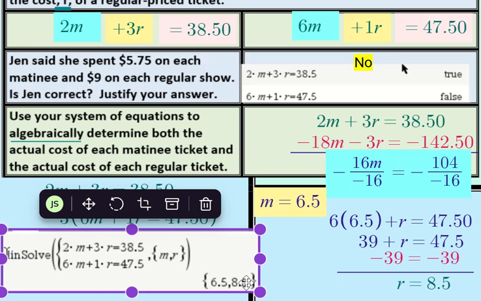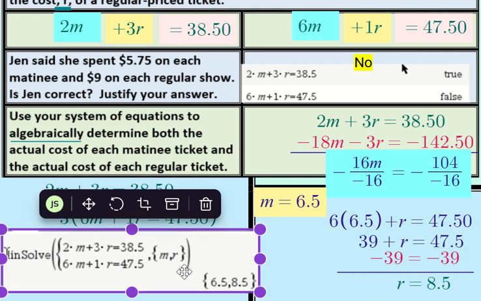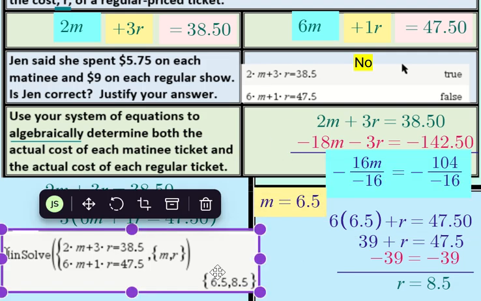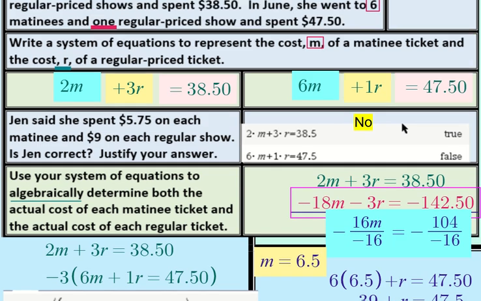This is not algebraic and not full credit. So my recommendation is very straightforward. If you can do the algebra to get the final answer, do not write LinSolve on your paper, because that's a statement to say you used the calculator to get the answer. If for some reason you can't do the algebra, you put the LinSolve on your paper to get as many points as possible. And that's our answer to question number